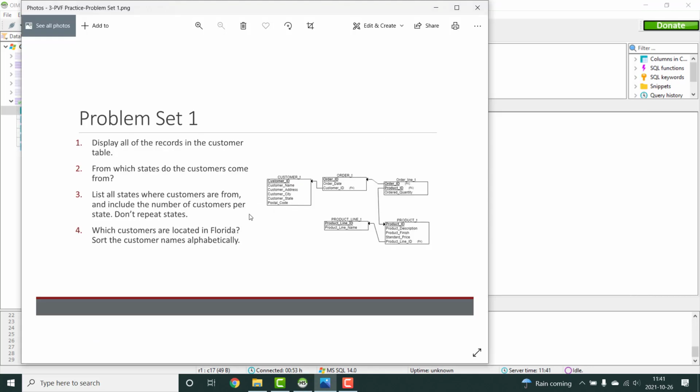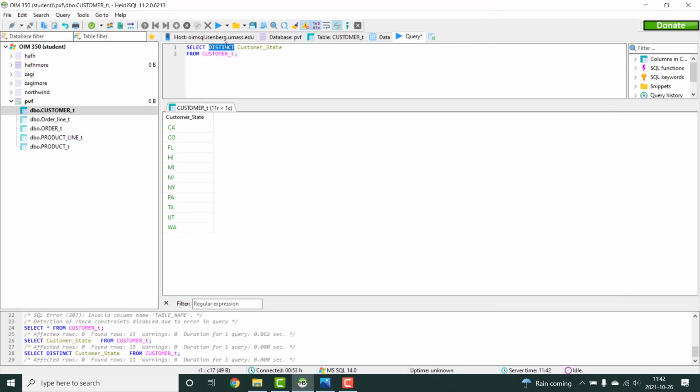Our third is to list all states where customers are from and include the number of customers in each state. Don't repeat states. In this case, I'm asking you specifically not to repeat the states. Now, the good news is that if you do group by customer state, we're not going to need to do select distinct, because in this case the state itself is the grouping function. Every single time you have, let's say, a customer in Florida, it's not going to add another row onto Florida. So I want the customer state,